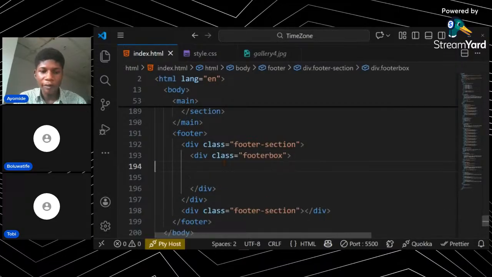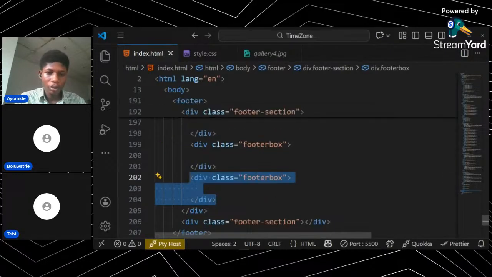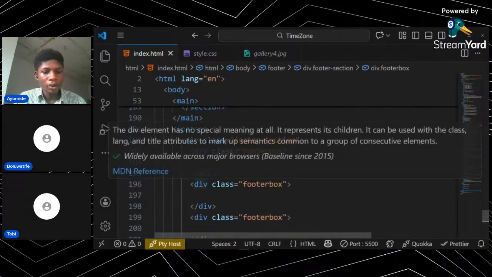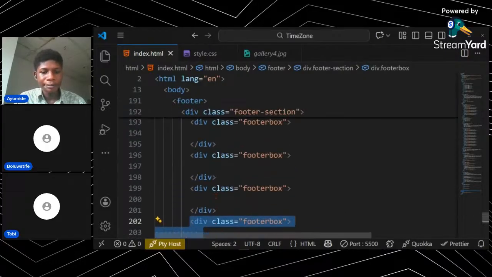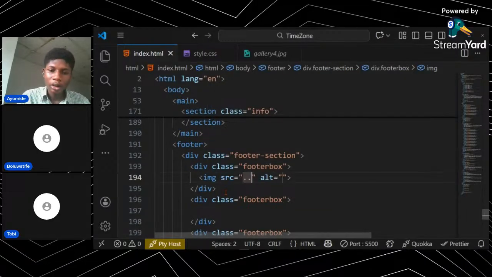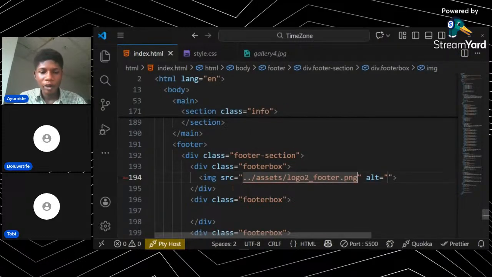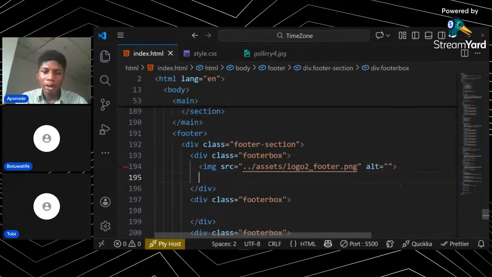So we'll duplicate this one 4 times. So we have 1, 2, 3, 4. And inside the first one, the first thing we add there is the image. So basically just call this img. Then come back to this, then logo to footer png is the first thing. Then after that,